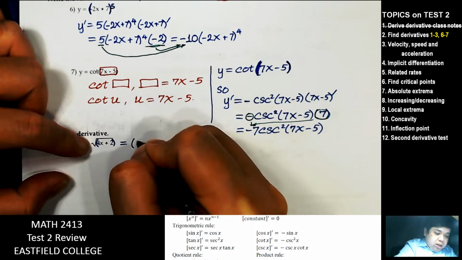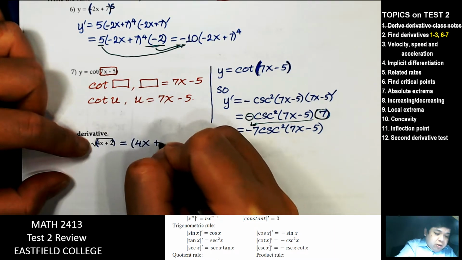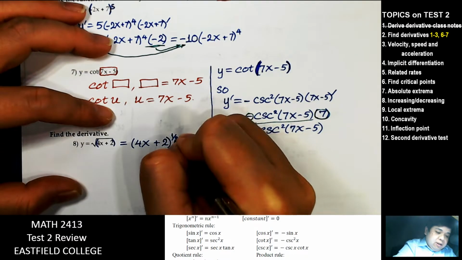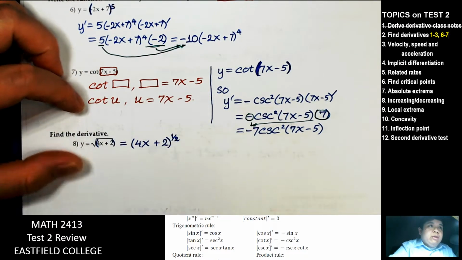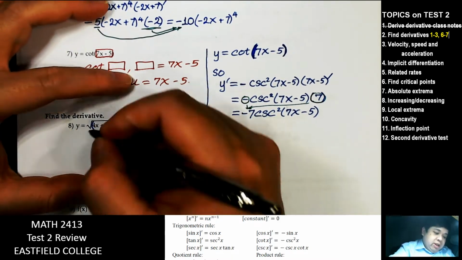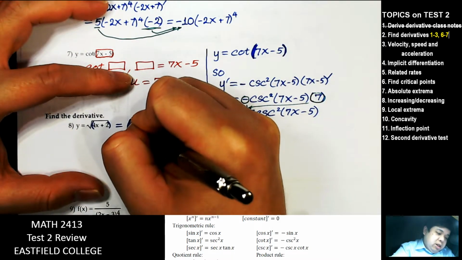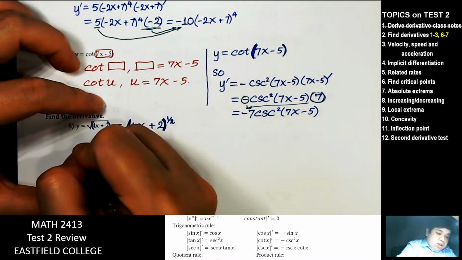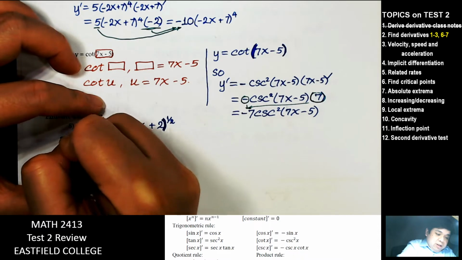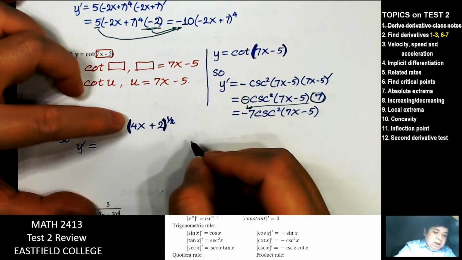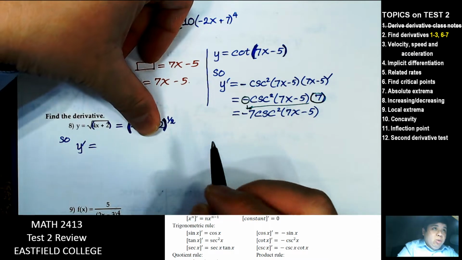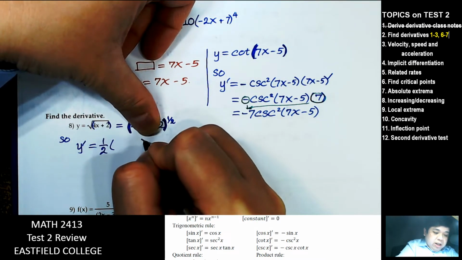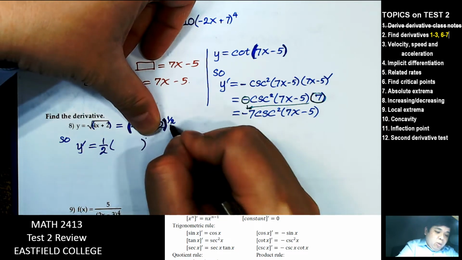Why don't we write 4x plus 2 to the 1/2, because square root is equivalent to the 1/2 power. Now we will take the derivative. Whatever is inside the parentheses doesn't matter, because we just take the derivative of the parentheses to the 1/2. So we have 1/2, whatever it is, the parentheses, 1/2 minus 1,